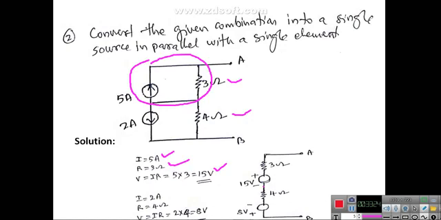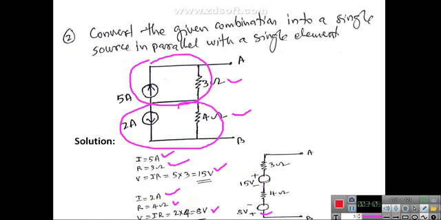Similarly, this part of the network: I is equal to 2 ampere, resistance is equal to 4 ohm. Now V is equal to I into R, so that is 8 volts. The polarity of this one depends upon the current. The current is downward, so the polarity is plus here and minus here. And whatever the resistance is in parallel with the current source should be connected in series. So this is how you first convert this into a voltage source in series with the resistance, and here the second one also you convert into a voltage source in series with the resistance.